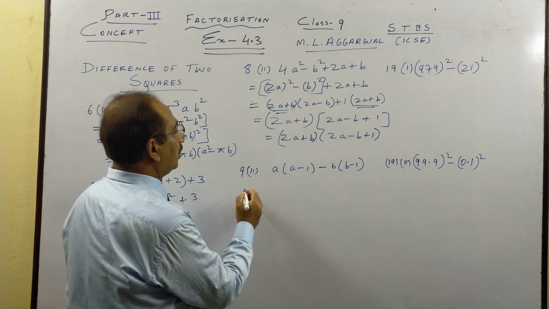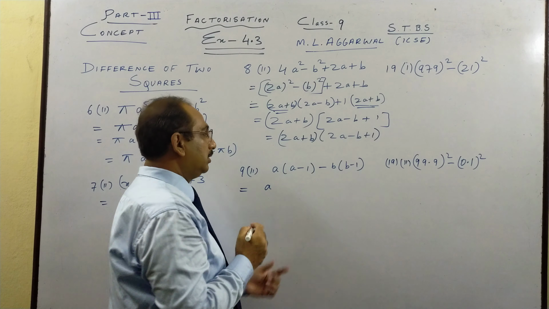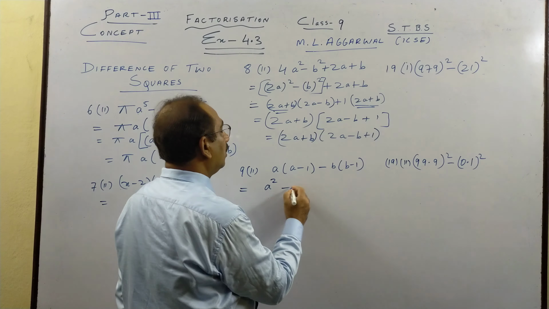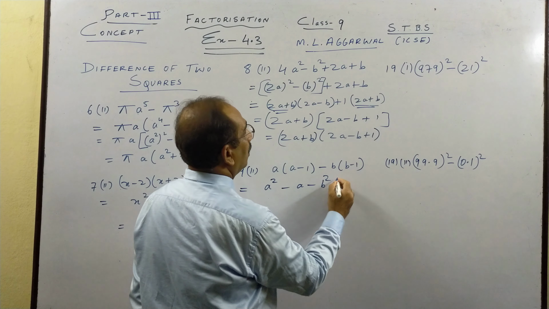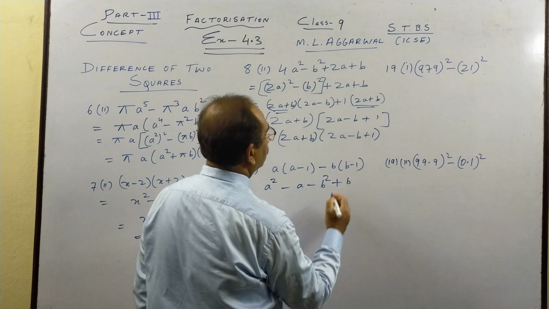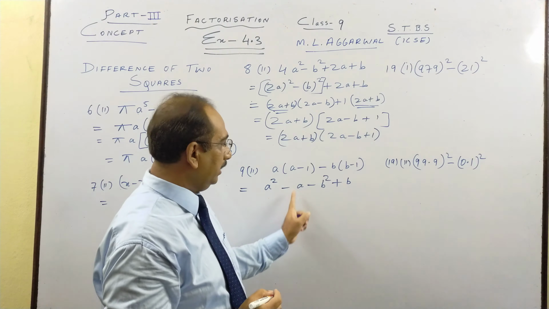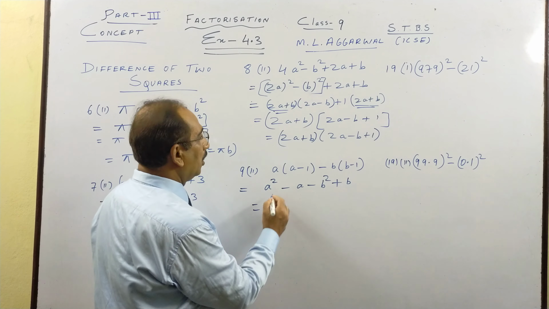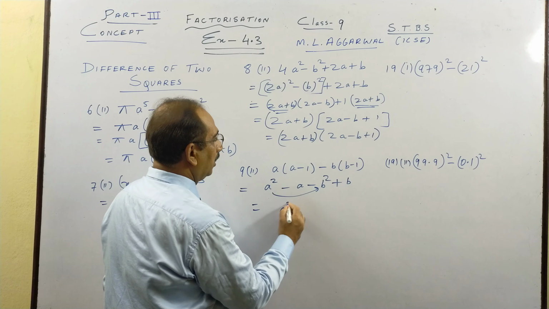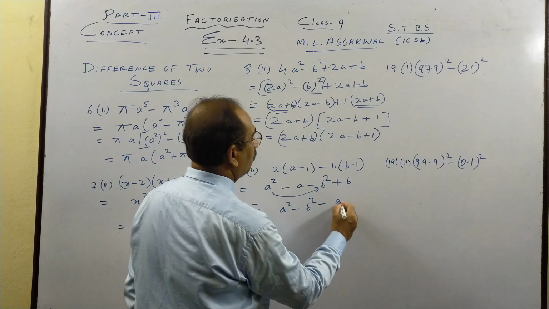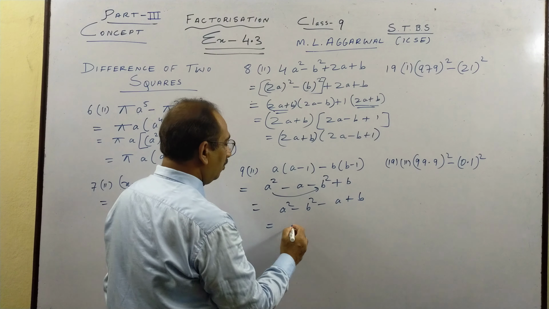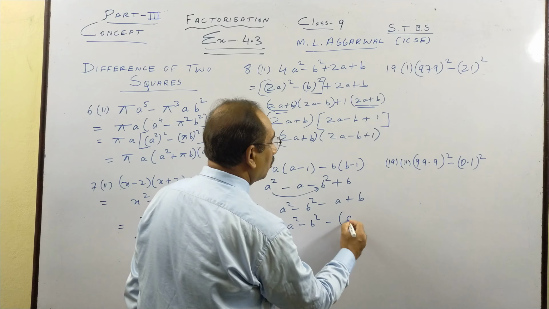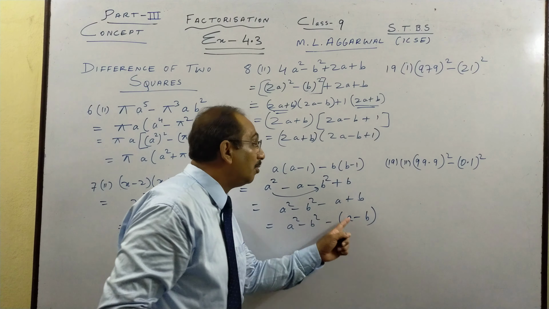Okay. Now see here, next. Just open it. These two are not common, so I cannot take out common. So let me expand it. Minus minus plus, children. This into this with sign. Minus b square minus minus plus b. Now you pair this with this. A square minus b square minus a plus b. So here a square minus b square, minus you take out common. This will become a minus b.